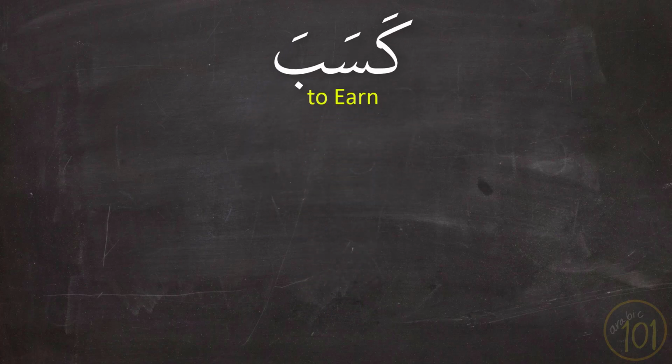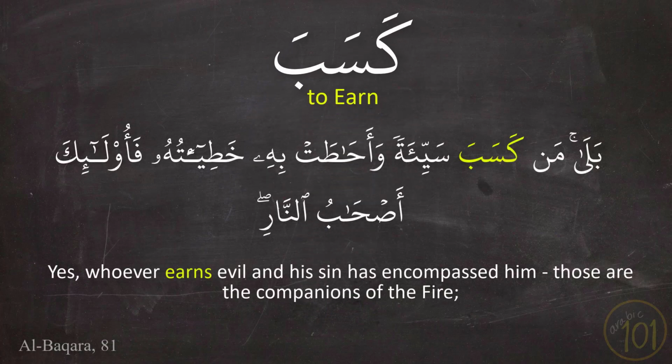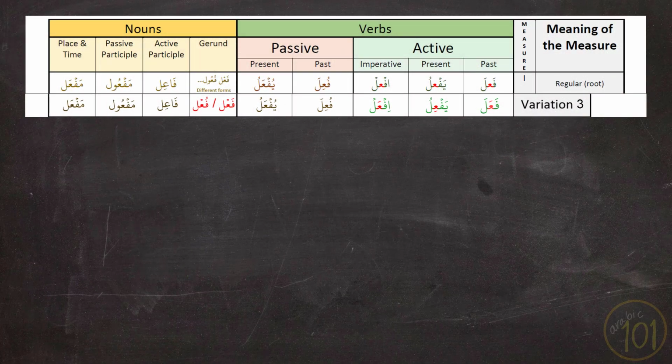example. بَلَى مَن كسب سيئة وأحاطت به خطيئته فأولئك أصحاب النار. And if you paid good attention to the beginning of this lesson, you will remember that there are two